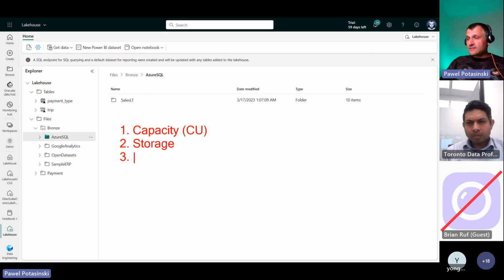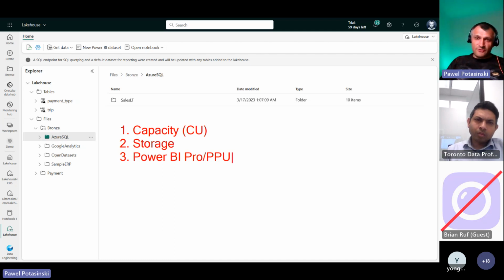Now the third part is that you still need a Power BI Pro or PPU license if you want to develop Power BI items like custom datasets and reports. The only exception is when you base your Power BI development on the default dataset for Lakehouse, but I don't think it's an often case. And the fourth is